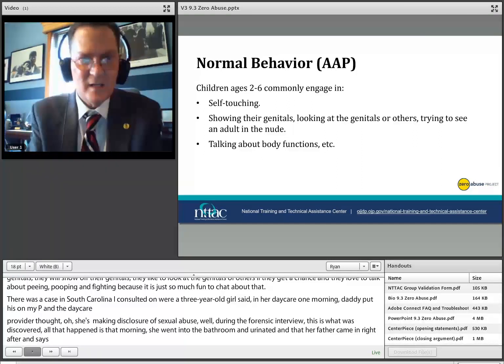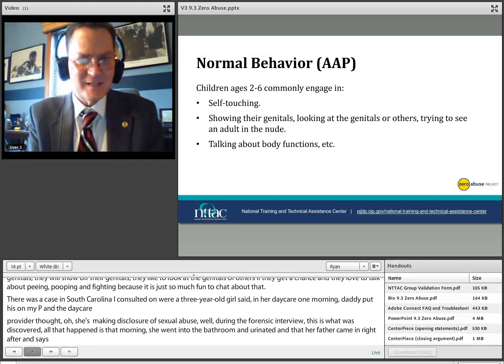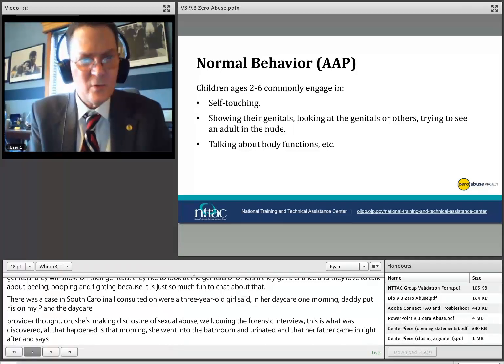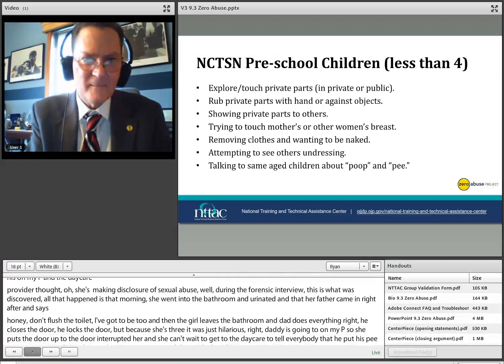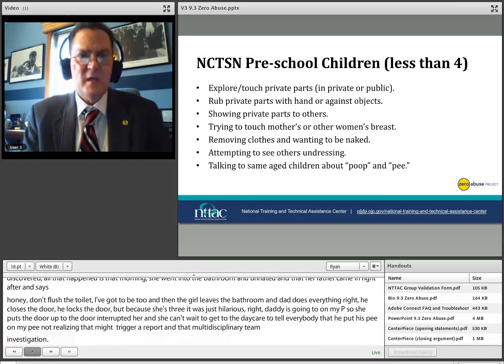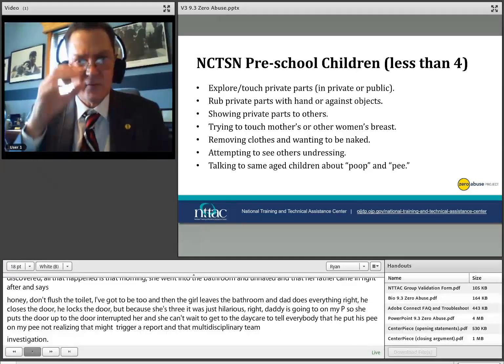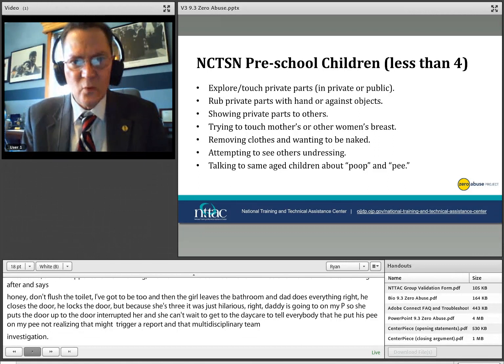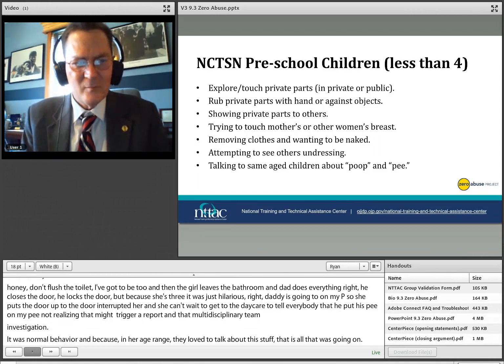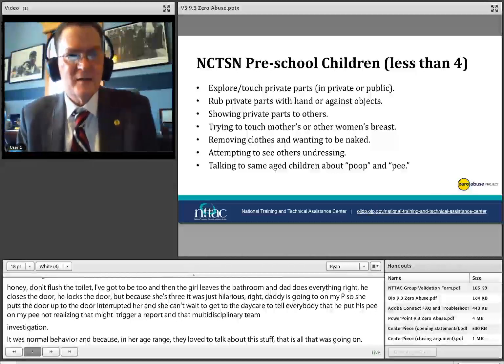And then the girl leaves the bathroom, and Dad does everything right. He closes the door, he locks the door, but because she's 3, this is hilarious, right? Daddy's going to pee on my pee. So she puts her little ear up to the door and can hear Dad tinkle, tinkle, tinkle, and she can't wait to get to the daycare and tell everybody how Daddy put his pee on my pee, not realizing that might trigger a mandated report and a multidisciplinary team investigation. It was normal behavior, and because in her age range they love to talk about this stuff, that's all that was going on. Very consistent with the AAP,